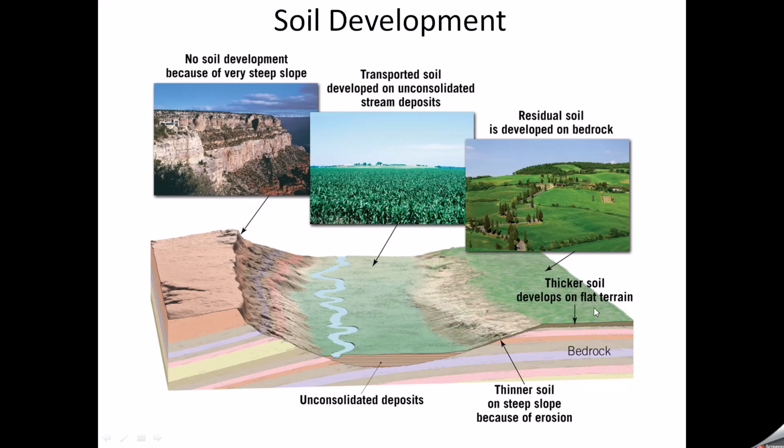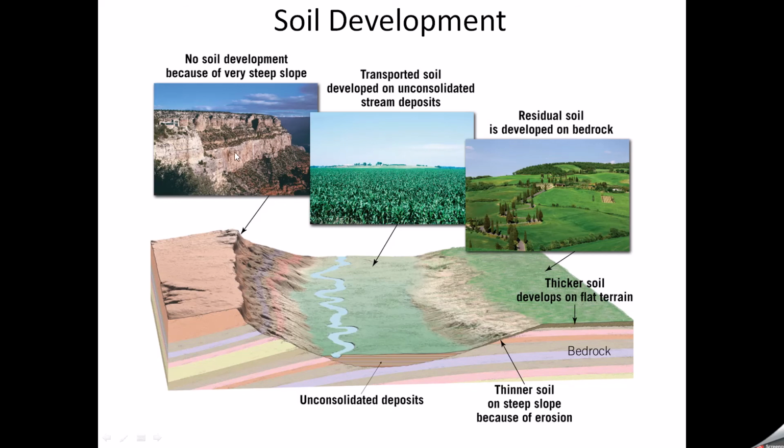And here we have flat terrain. The soil here is residual soil formed above the bedrock. So this soil comes from the weathering of this bedrock and stayed here. This soil here was transported from this side, or from the top side of the valley, like the valley head, and then deposited here. So this soil is not coming from the bedrock. It's coming from the head of the valley or the sides. And this is what we call unconsolidated or transported soil.